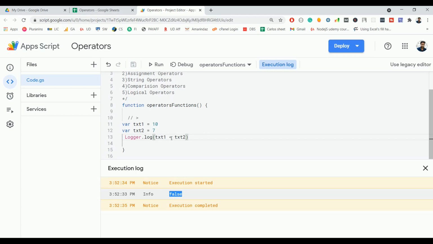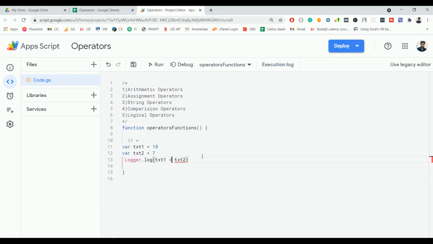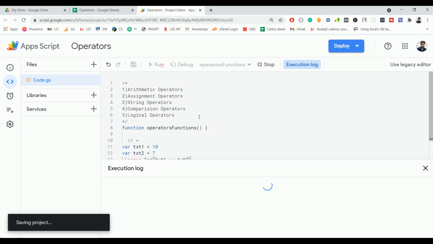And there are two more operators. One is greater than or equal to. It will first check whether text 1 is greater than text 2, in which case it will return true, or if text 1 is equal to text 2, in that case it also returns true. Only if text 1 is lesser than text 2, it's going to return false. So let's check that.